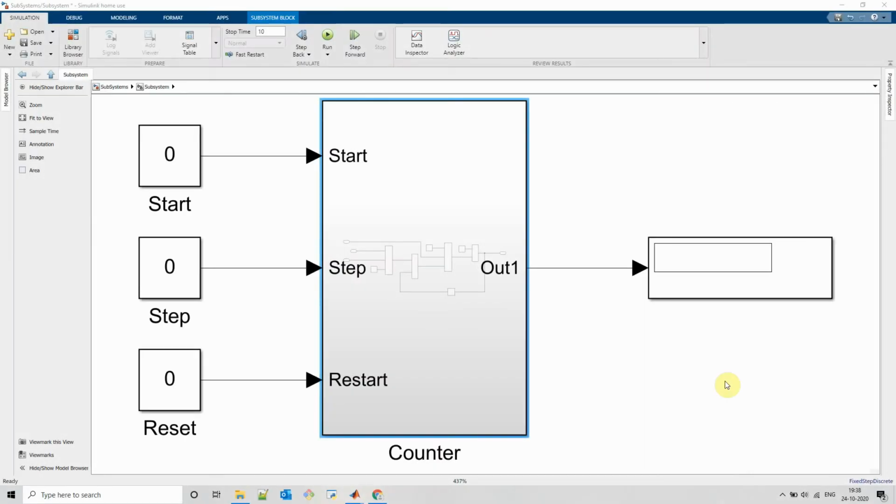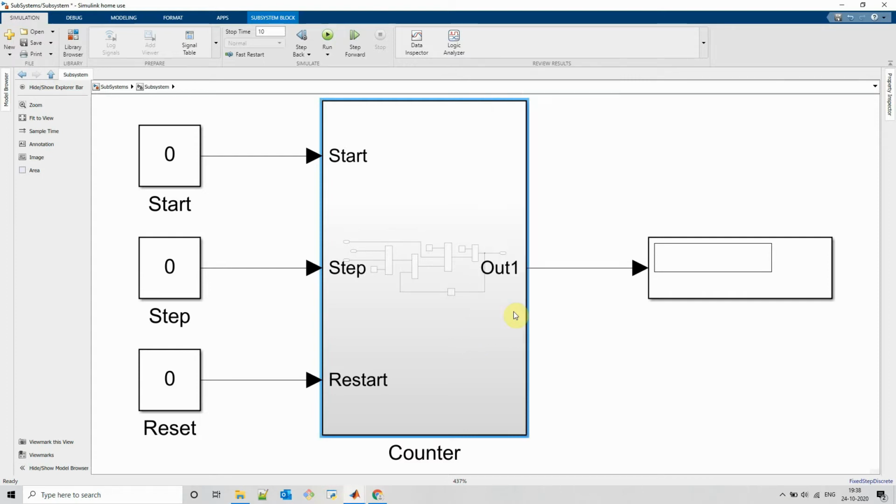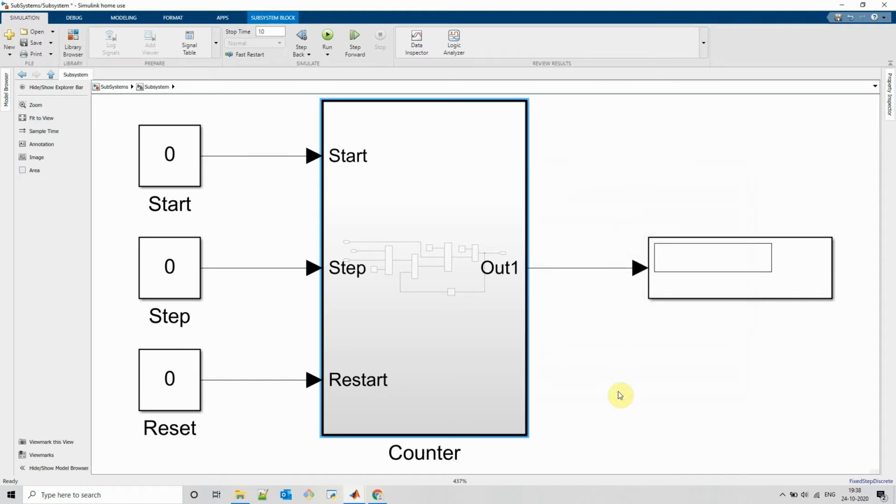Since this subsystem is added only for visualization purpose, this is a virtual subsystem. That means execution of the logic is exactly same as what it was earlier. You can convert this subsystem into atomic subsystem by changing a block parameter and treat as atomic unit.